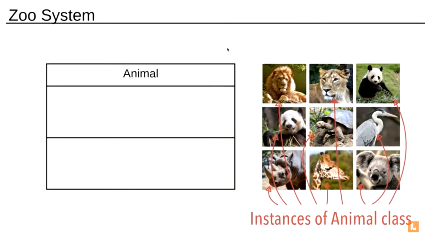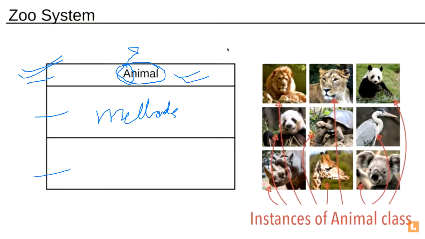This is how you represent a class with three partitions: first partition, second partition, and third partition. The first partition is the name of the class. Obviously you follow the normal convention, like the first alphabet should be capital, just like how you write your code. The similar conventions you have to follow here also. So this is the class name. Now here will come the methods and attributes, here functions, right?